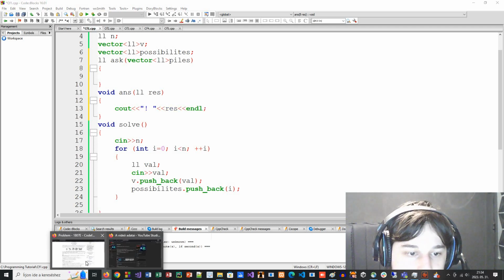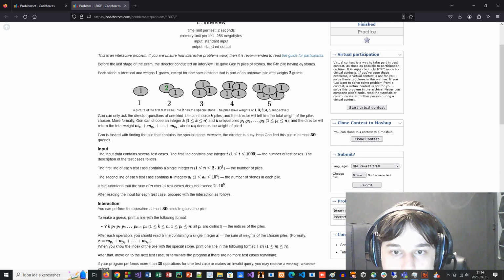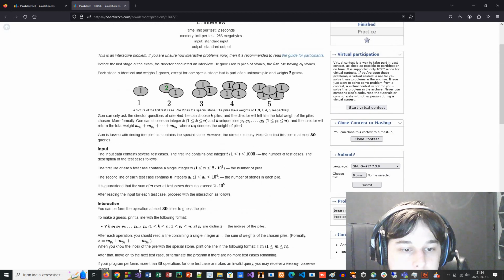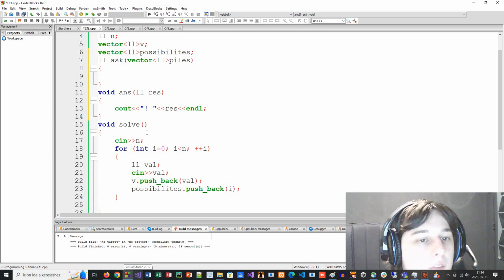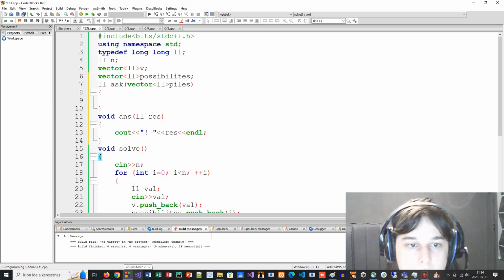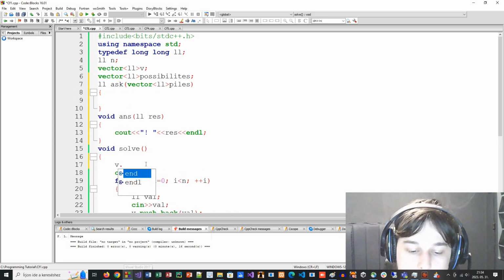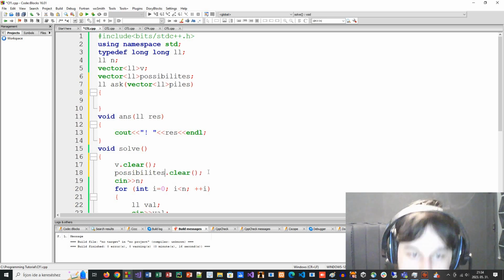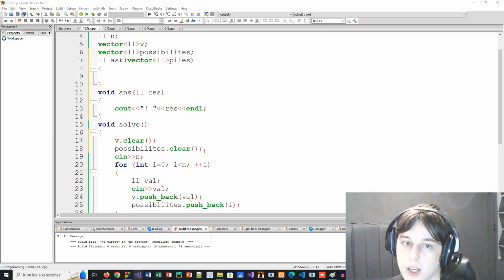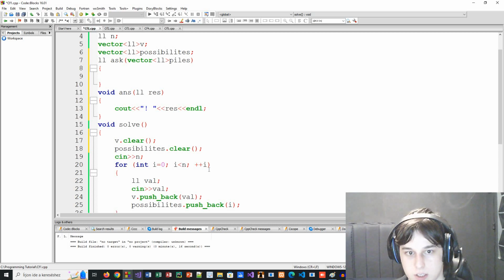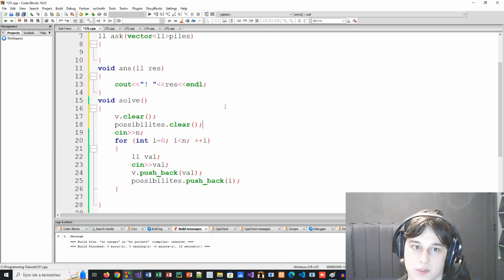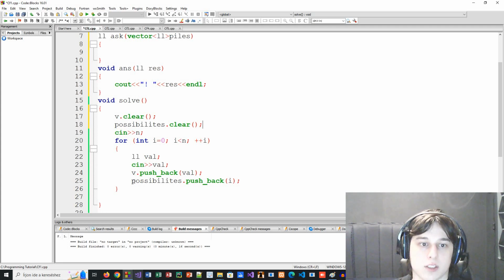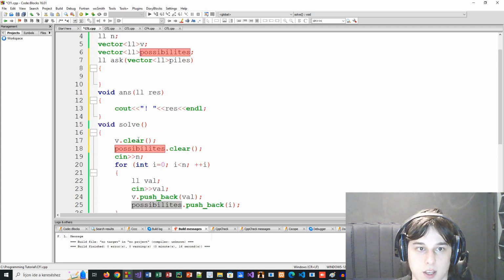This is the format that we need to follow here. Alright, what else? We need to reset the vectors, which is with the clear function, because we have multiple test cases, so we have to erase all the values before we use it again or after we use everything. So we will clear these, we take the input, we push back the possibilities, and here